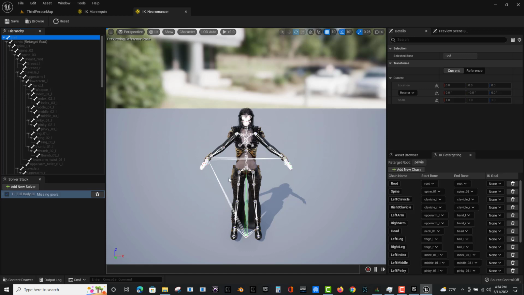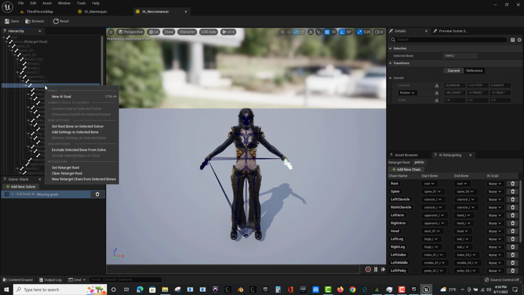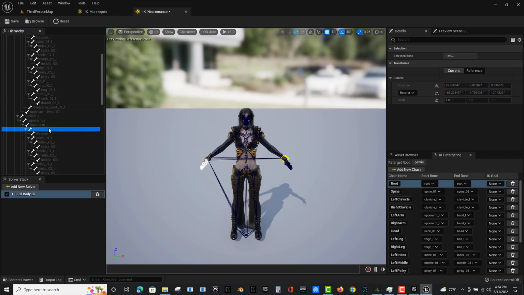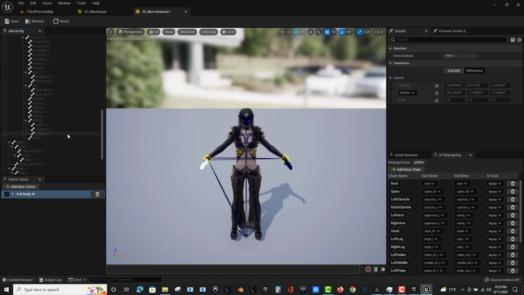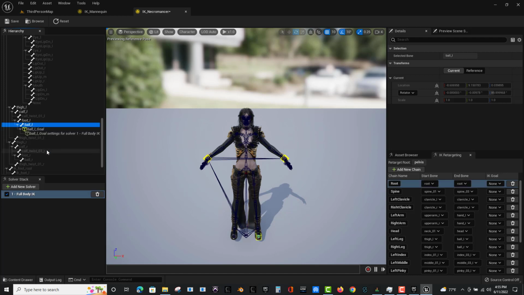And now we're going to add some end effectors, okay? One of them is going to be on the left hand, and these are called IK goals in Unreal Engine. So a new IK goal for the left hand. We want one for the right hand, a new IK goal, and for the balls of the feet. So there's the left ball, because that's the last bone in that chain. So a new IK goal, I beg your pardon. And the ball of the right foot is going to be its own IK goal, which we will then assign